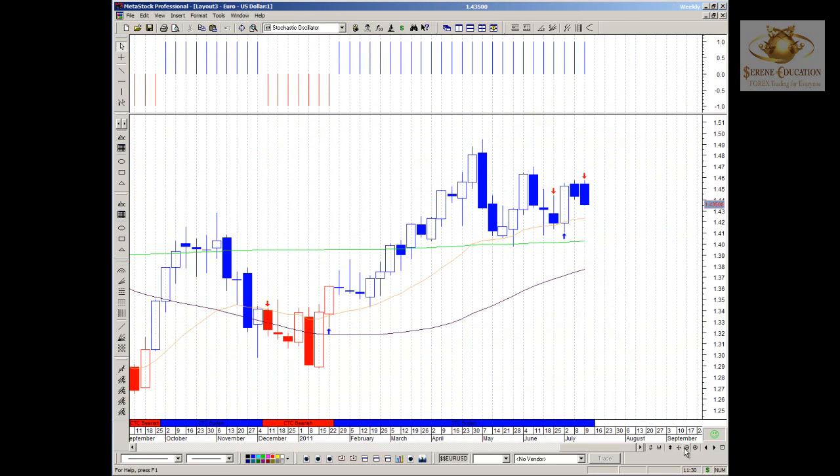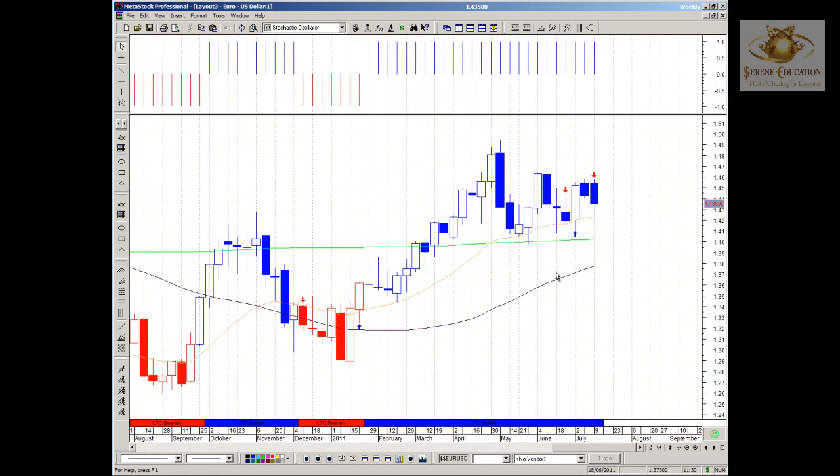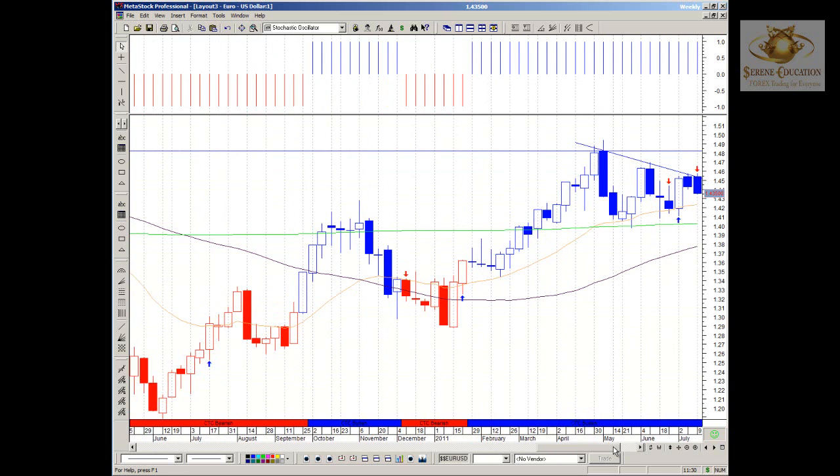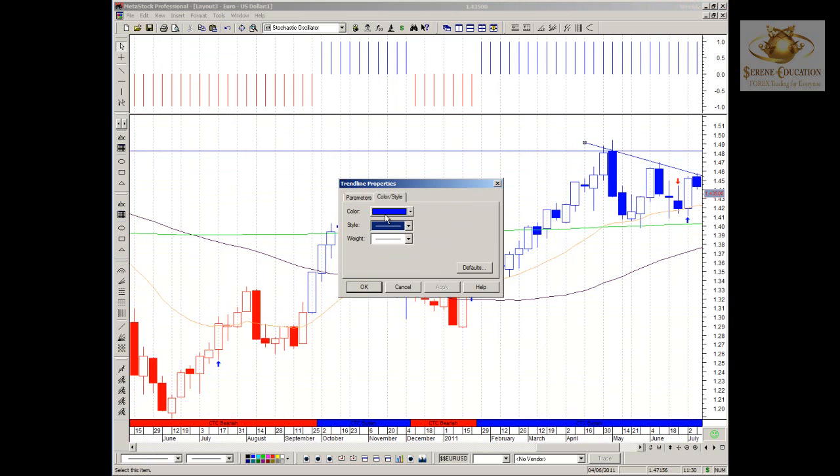Let's start with the weekly. You'll notice that pair is obviously very much indeed in an uptrend. However, over the past couple of months, we've seen the pair forming lower swings. So ideally, what you're seeing now is the intermediate trend being dictated to the downside. And you'll notice that the previous week we saw almost a bearish harami. Ideally, when we see an up candle followed by a small drive downside at a potential resistance level, in this case this particular intermediate trend, we saw